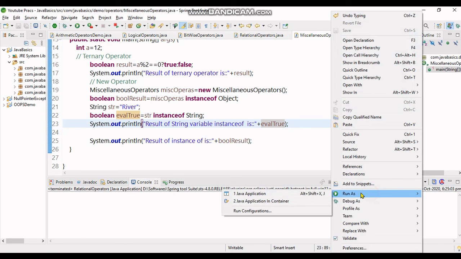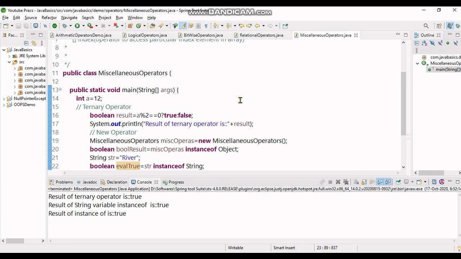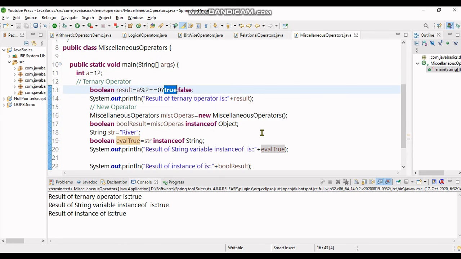So I will run it and check what it prints. Result of ternary operation is true. Yes, because the remainder of 12 modulo 2 is 0, so this condition is true. The result for the string variable is also true.